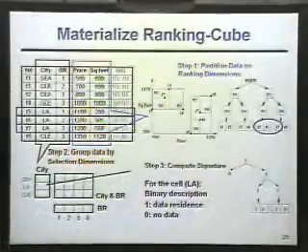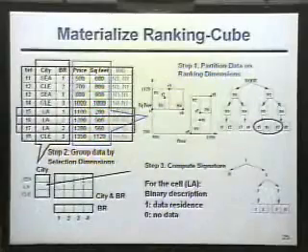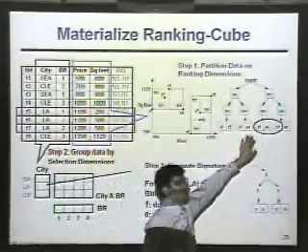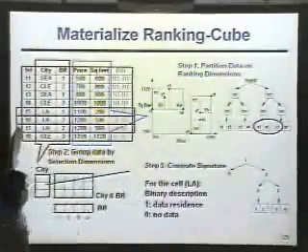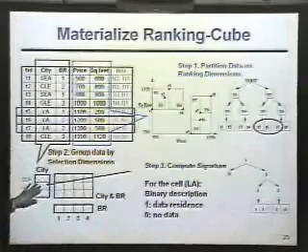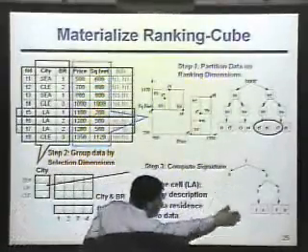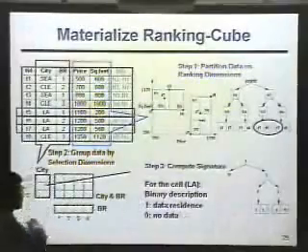So these are only the tuples where city equals LA, is it? Yes, there's only tuple. So actually, this corresponds to these 3 tuples, and these 3 tuples correspond to these 3 objects, and these 3 objects correspond to this cell. So we call this structure a signature, and this signature is exactly what we stored in here.